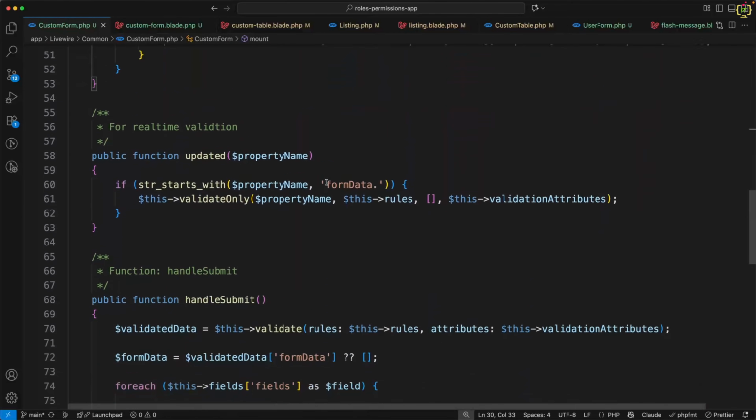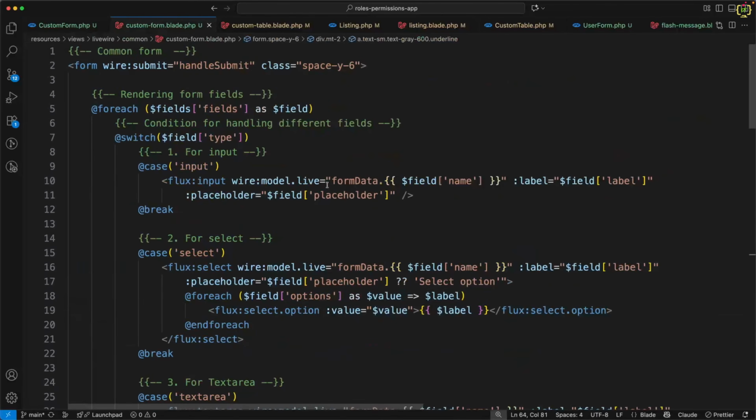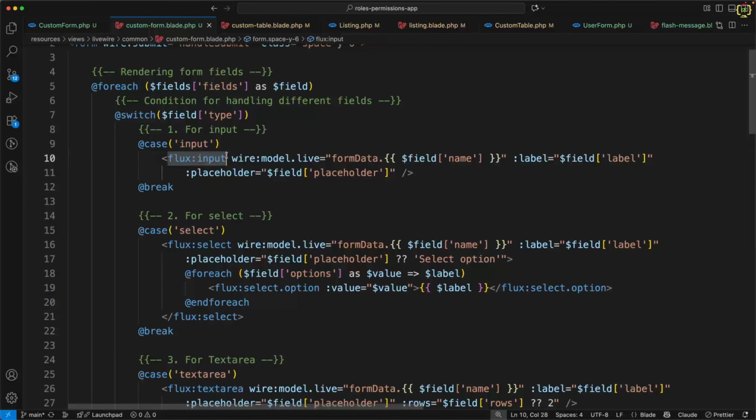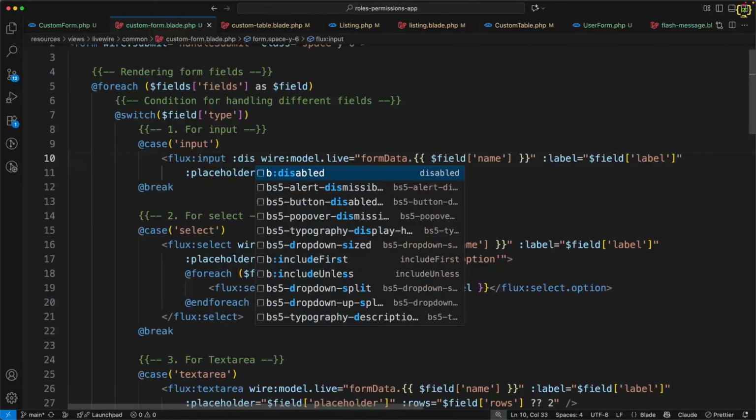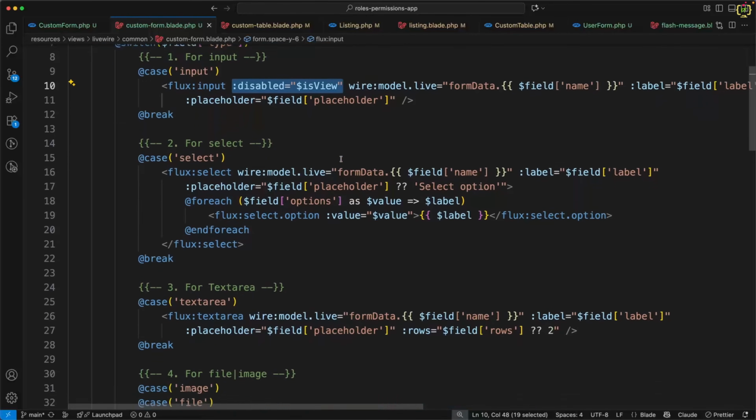Now let's navigate to this component blade, and here for every input I will apply a disable property just like this, and here I will directly pass is view. So if is view is true, then this will be disabled. Same thing for select